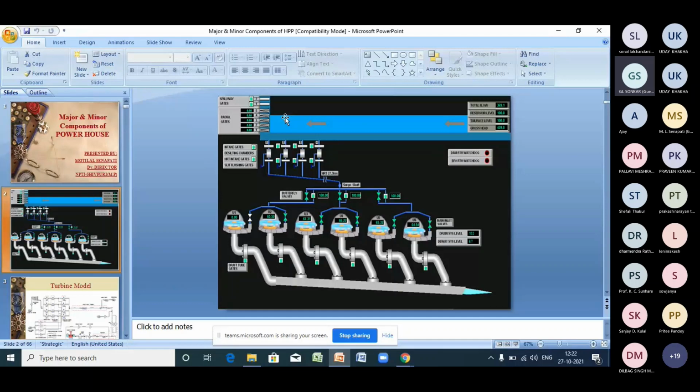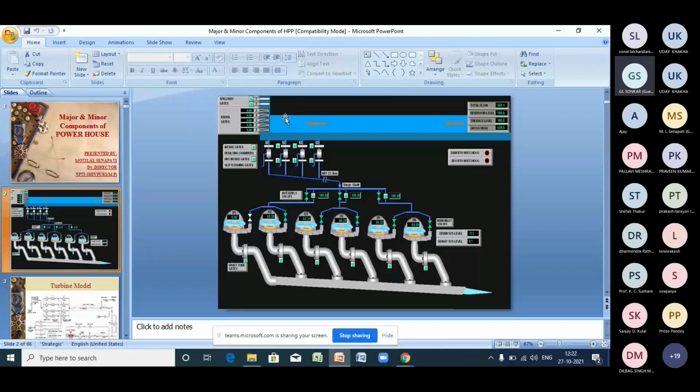Then we have a common HRT. HRT means head race tunnel. It is a 27.3 kilometer HRT. The name itself tells that it is the tunnel that carries the water head from the reservoir to the turbine. That is called the head race tunnel. You find it is quite parallel, or a minimum slant is provided there. Then we have the surge shaft. The surge shaft is the junction point of the HRT and your pressure shaft. That means upstream of the surge shaft it is known as HRT, and downstream of the surge shaft it is called the pressure shaft. So their design is like this.